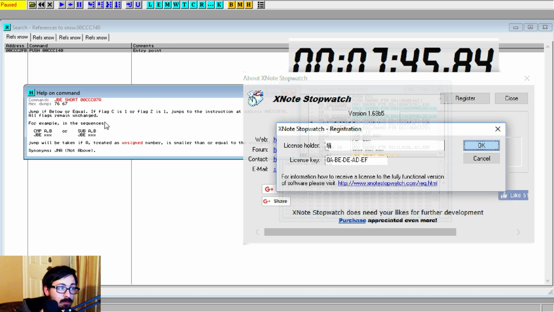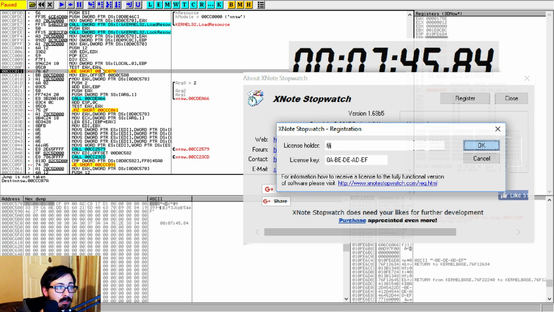All flags remain unchanged. Jump will be taken if A, treated as unsigned number, is smaller than or equal to unsigned B. So we had a compare. No, we had a test. And we see that our flags are now all 0. So this is not going to be